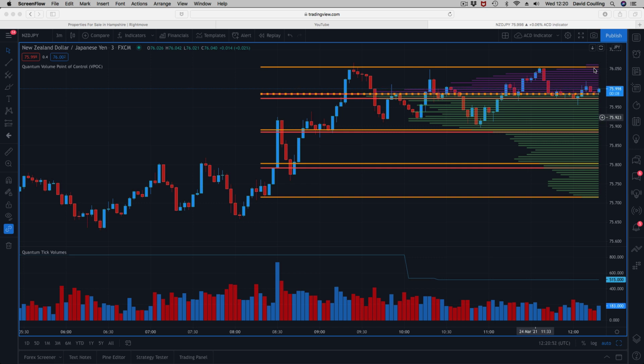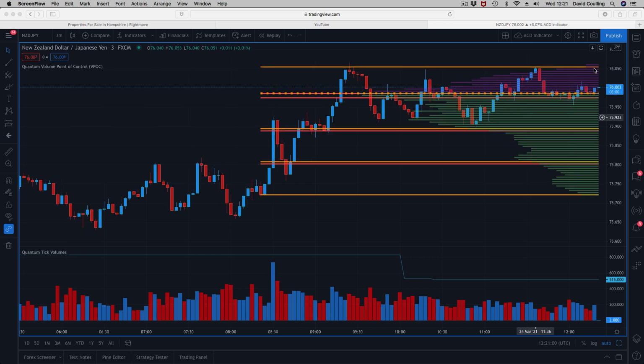So the other aspect to the whole business of using the volume point of control indicator, and what it reveals, is first of all this histogram, and you think, okay, fine, that's awfully interesting. Well, how do we use it as a trader? And that's really where we come into using the indicator across multiple time frames, because